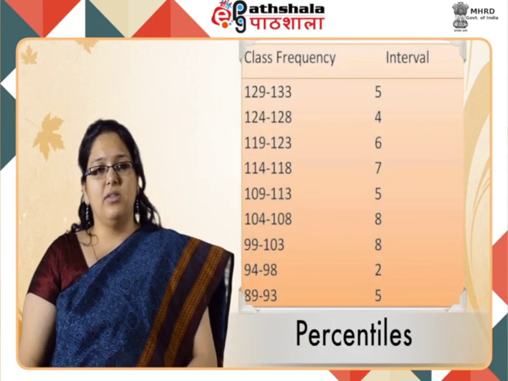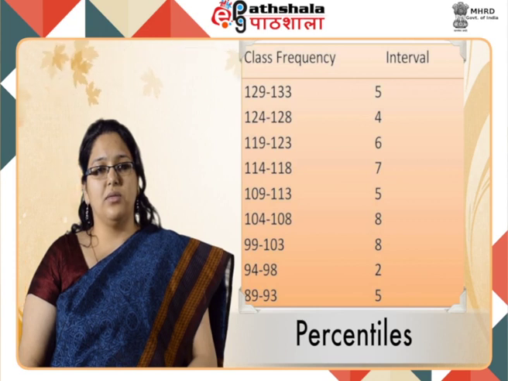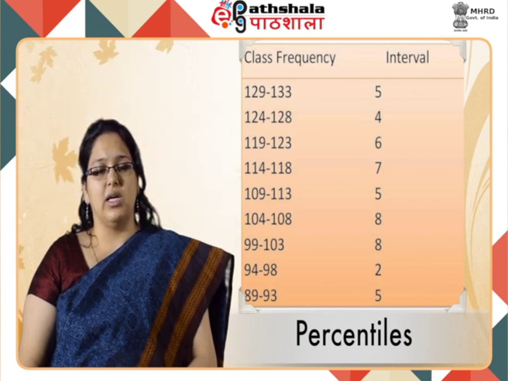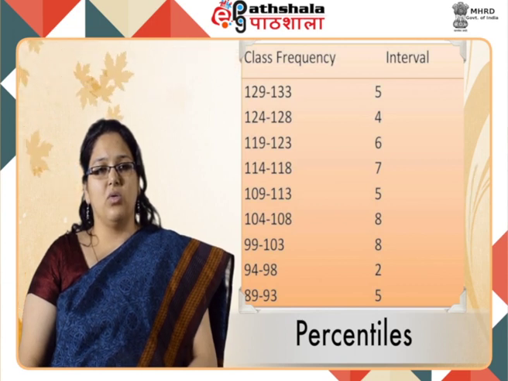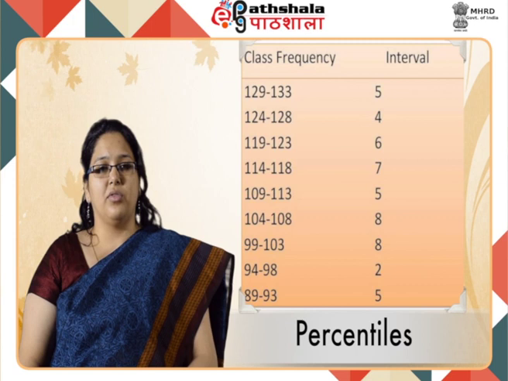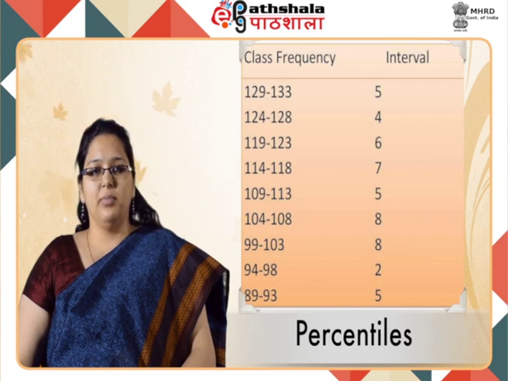Percentiles. The specific scores or points within a distribution are termed percentiles. The total frequency for a set of observations is divided into hundredths in percentiles. It indicates the particular score below which a defined percentage of scores falls. Percentile points are based upon the number of scores falling within a certain range. Hence, the distance between any two percentiles represents a certain area under the curve, that is, a certain number of cases, N by 100.